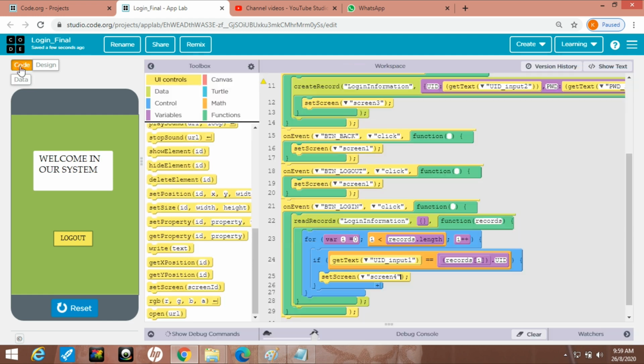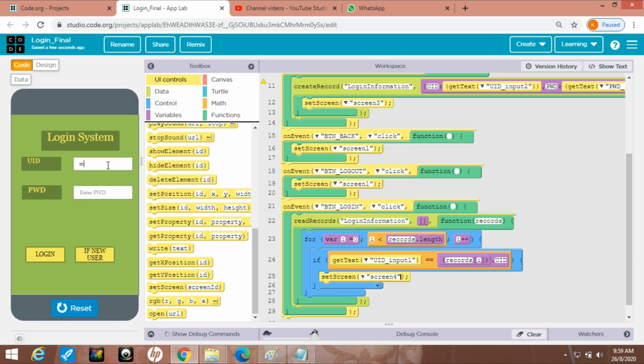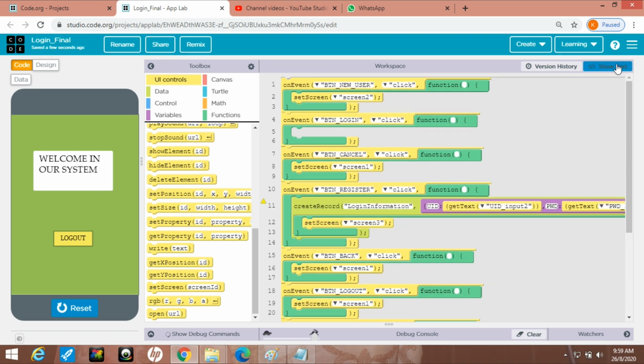But the main thing is this, I have not applied coding for the password. Suppose I write here Mohit, 1 2 3. Then let's log in. Yes, but 1 2 3 is not stored. That is 3 4 5. I have to apply the coding for the password also. The password should also match. For this you will go